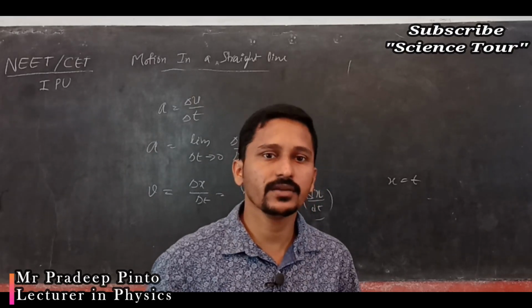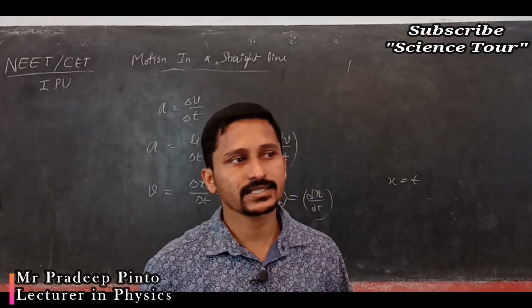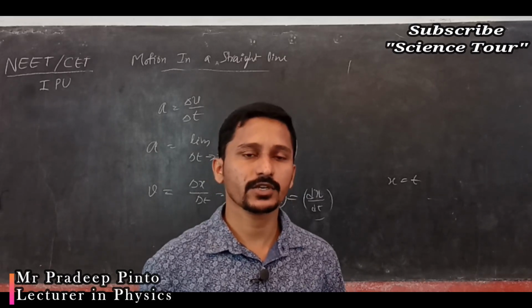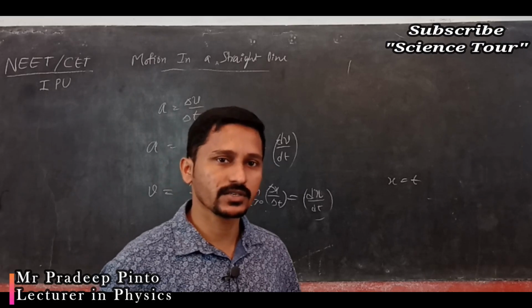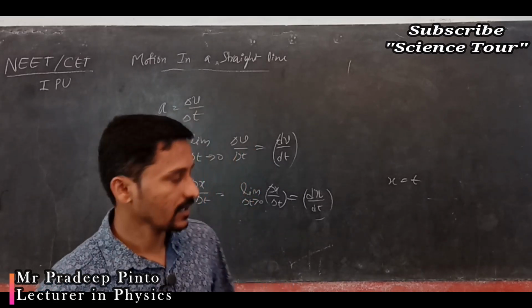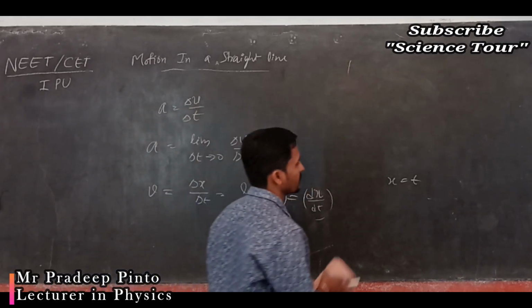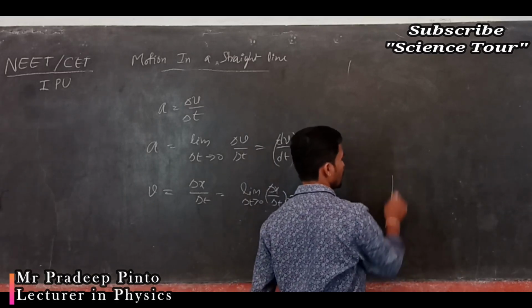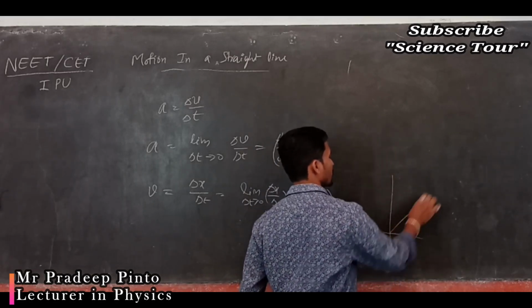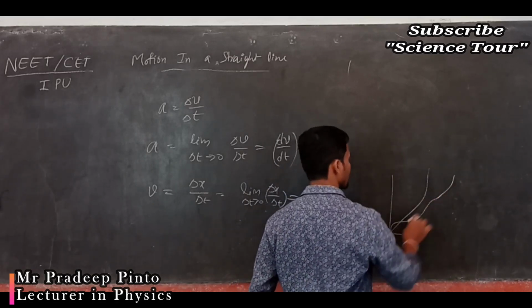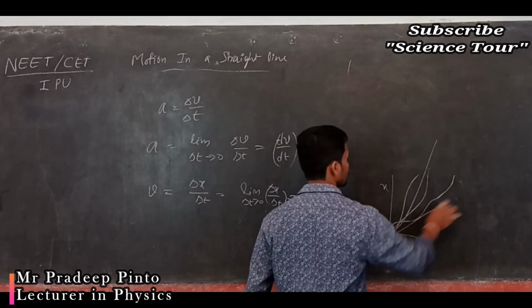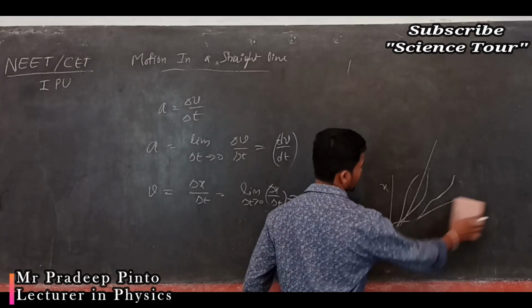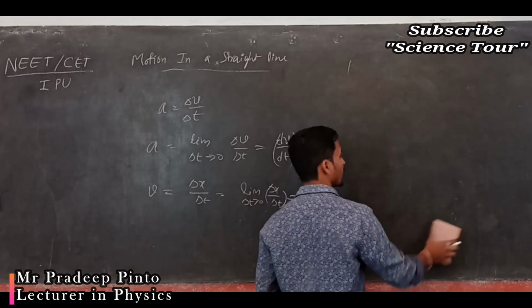Now everything became easy. The motion in a straight line, which we started with respect to path length, can be given in terms of equations, right? Now this is a simple equation. The object may not move in this way, it may move like this or in another way. So x is equal to t, it may be any way. For different graphs you can write different equations.